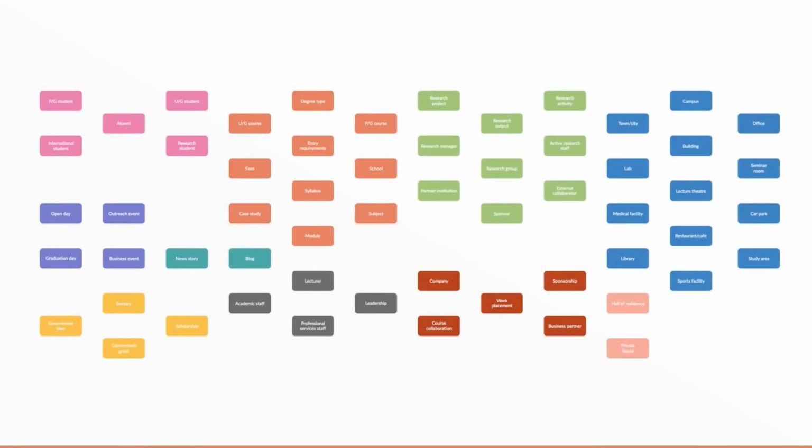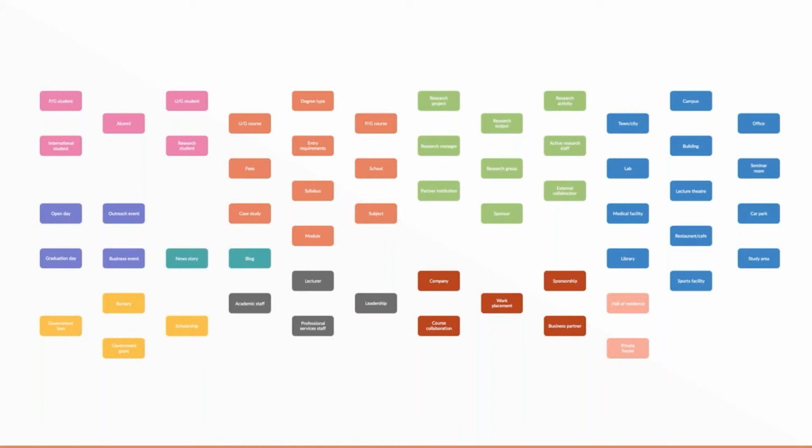So let's take this as an example. Here are some things which are in the field of interest in higher education. So let's think about a university for a moment. There are lots of things here, already slightly grouped by color, largely just to make it easier on the eye, because there are so many of them. There's a lot more in real life, we know that, but that's plenty to be going on with.